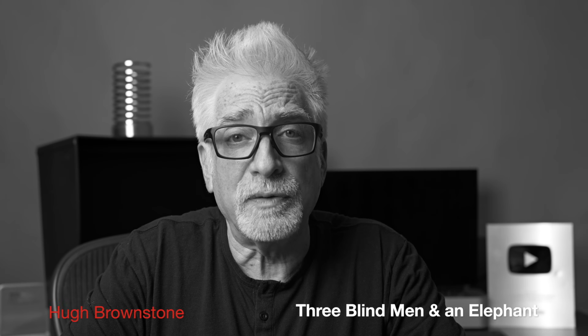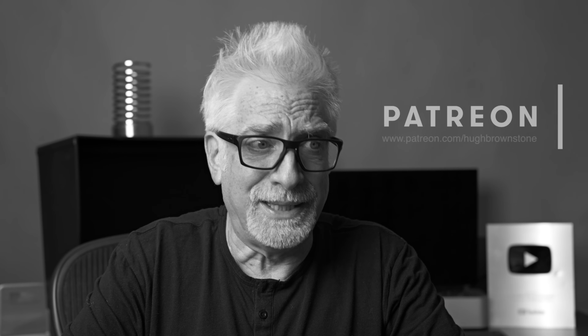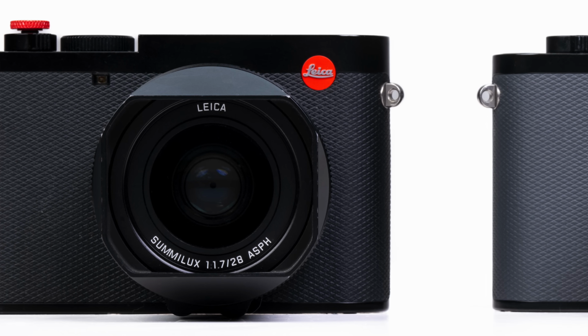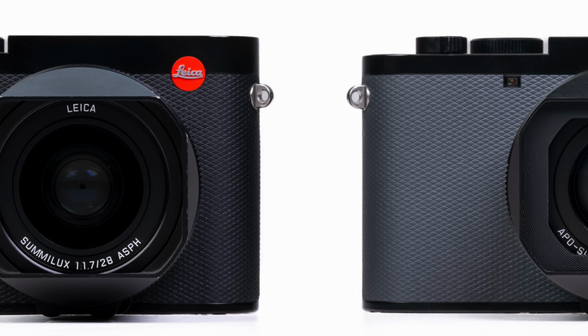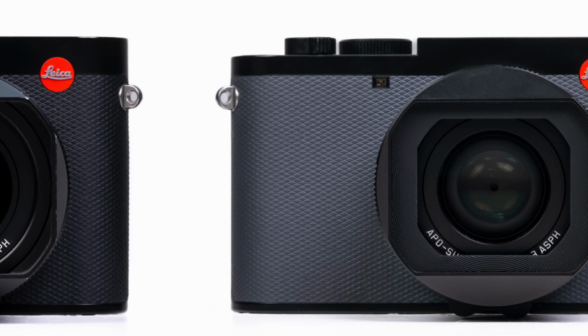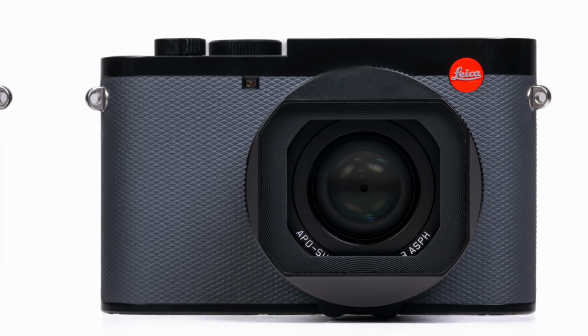Hey everybody, I'm Hugh Brownstone for Three Blind Men and an Elephant. And at one level, forgetting most of history, context, so much of what makes anything special, it is as simple as this. Take a Leica Q3, latest version of the Q. Swap out the integrated Summilux 28mm f1.7 that has been attached to every model of Q since 2015 when it was first introduced for a brand new, ambitious Apo-Summicron 43mm f2, change the camera covering to a lighter shade of gray, and behold, what you now have is the